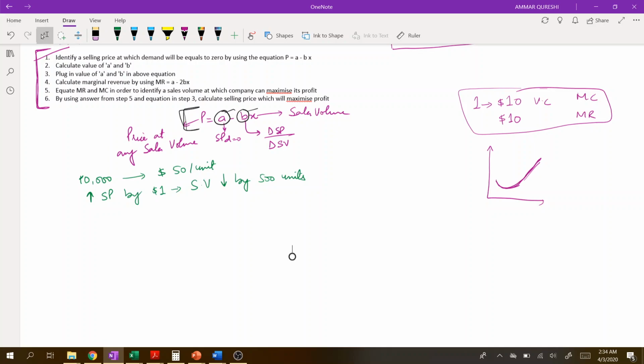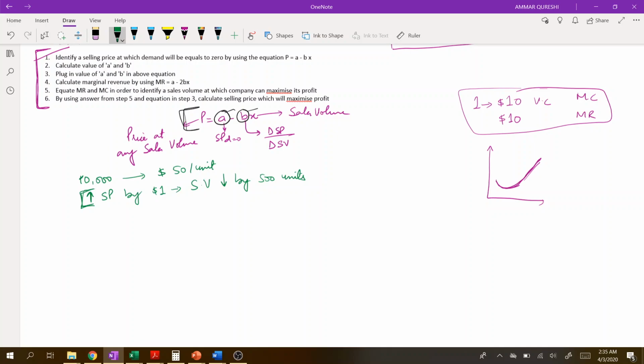Because we know that whenever we increase the selling price, if this is a normal product, sales volume is going to decrease, right? So if you increase your selling price by $1, your sales volume will decrease by 500 units. This is a very important piece of information, because by using it, we usually identify that this question belongs to our